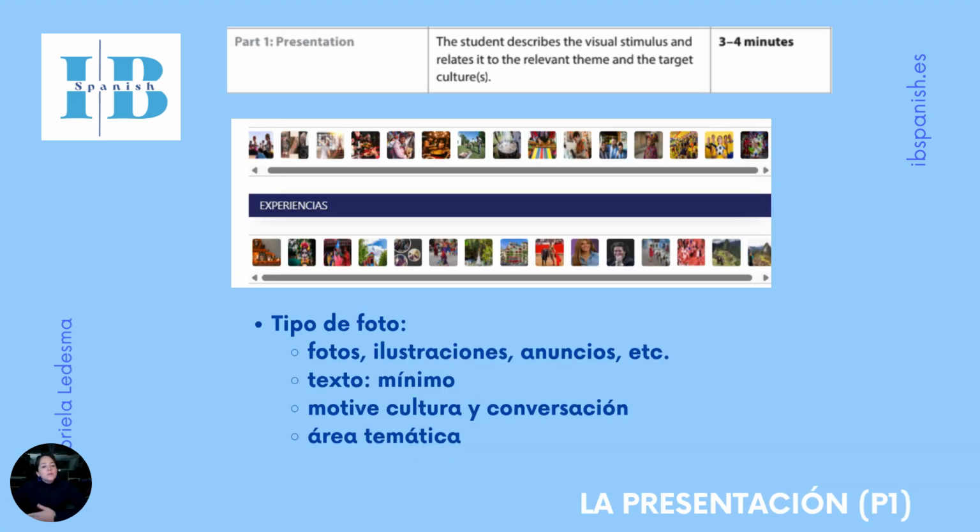Why is it so important to prepare the presentation? Because you have to speak for at least 3 minutes and a maximum of 4 minutes. After this time, your teacher will interrupt you and continue with the second part of the exam. So it is very important for you to be able to organize your ideas properly with connectors, to cover all the parts of the presentation: the physical description, your thoughts about it, linking the topic and the sub-theme that you are going to be talking about, and finally, the most important part of the presentation, being able to tackle the